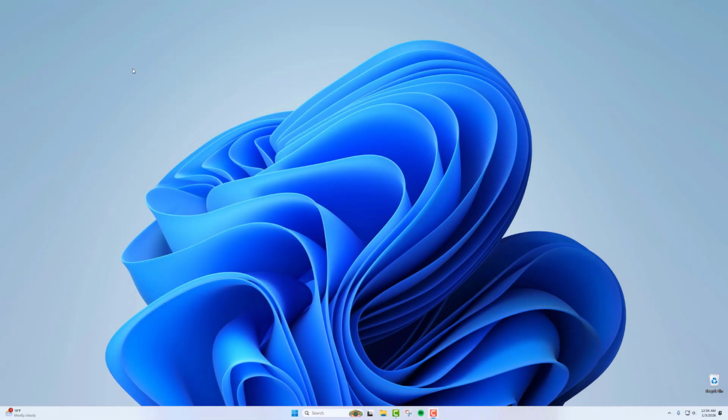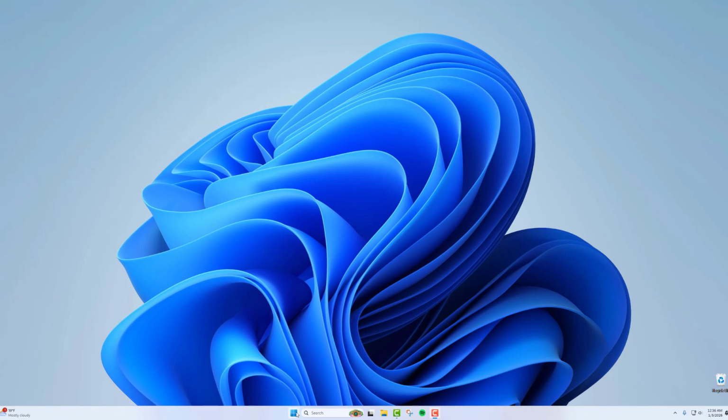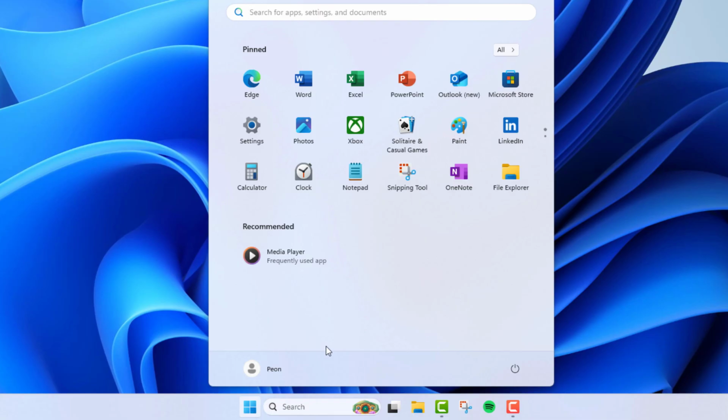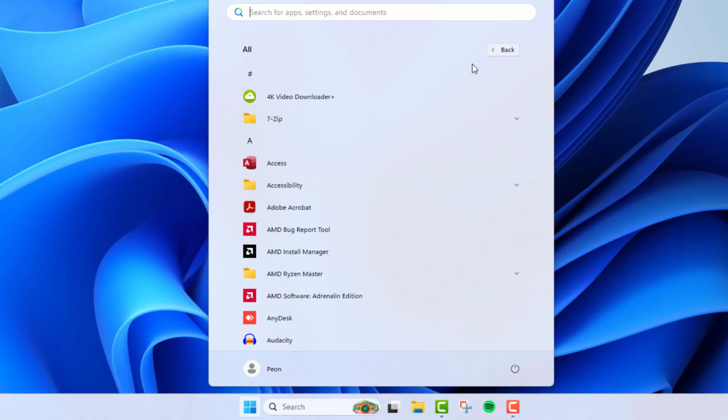Alright, so as you can see, I don't have anything on my desktop right now. I just have the recycle bin here in the bottom right corner. But we're going to start adding some icons and shortcuts. So we're going to go to the start menu and click on start, and then go where it says all. Click there, and here you're going to have a big list of all the apps sorted from A to Z,